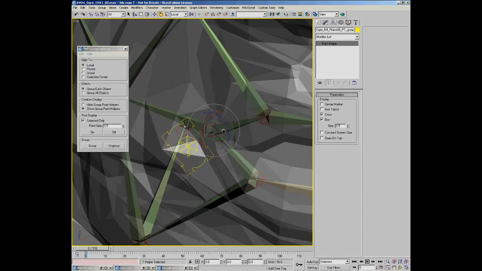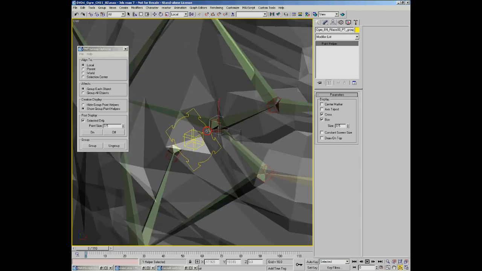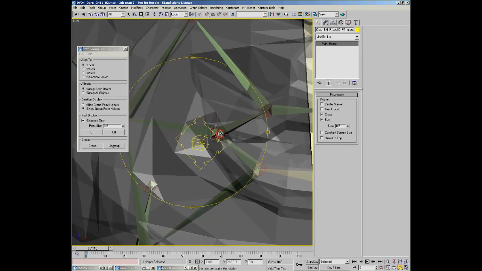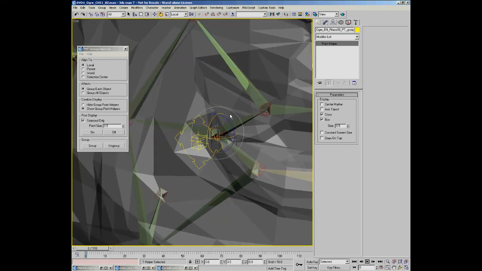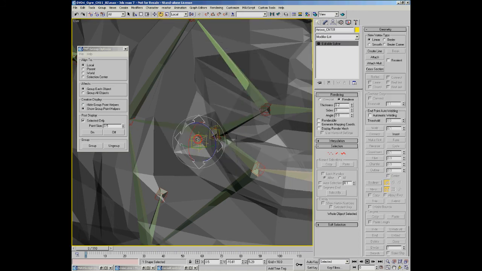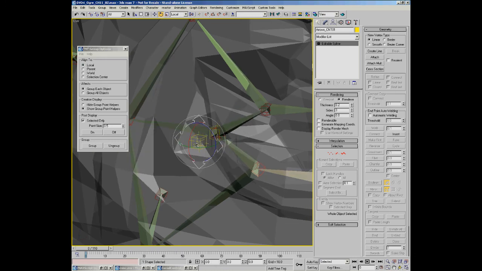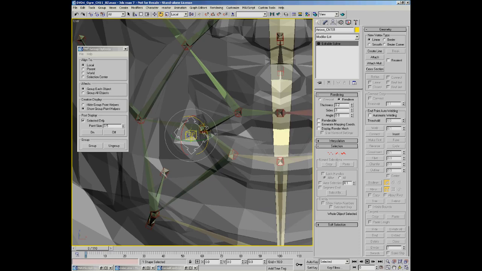So really what I need to do is connect this to this in some other fashion other than direct parenting, or else it'll rotate around it sort of wildly, not the way I want. I'll just demonstrate that. So if I parent it up to it and I rotate it, it's moving it as well as rotating it. It's not really what I want. Now I could move this pivot of this object back here, and it doesn't quite feel